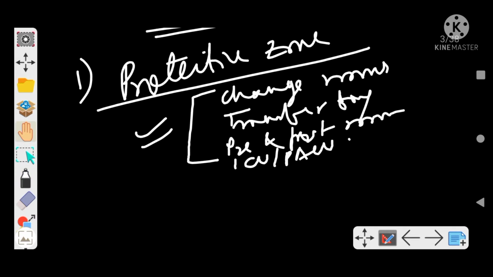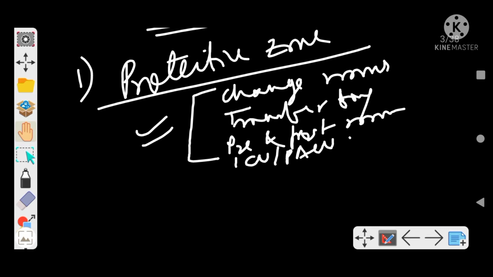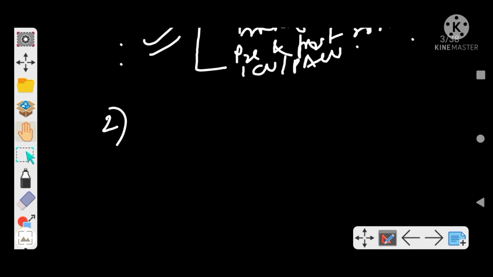I will repeat. First, while entering the OT, we will meet this one, protective zone. This includes change rooms, transfer bay, pre and post-op rooms, ICU or PSU, right? Moving on. Then we will find the